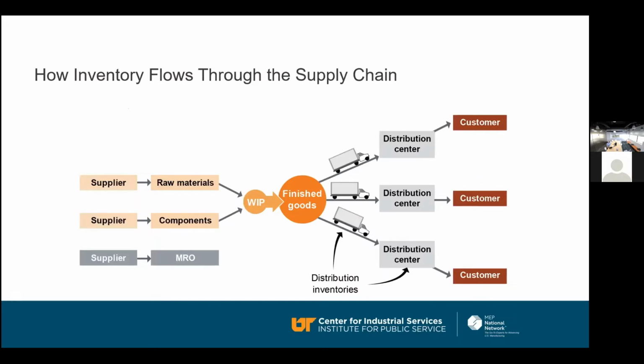We have to talk about inventory flows just a little bit. And I did mention inventory management for people in a hurry. Well, there are different inventories that you're going to have in your system. You're going to have the raw material, you'll have your component, work in process, finished goods. You see the chart.